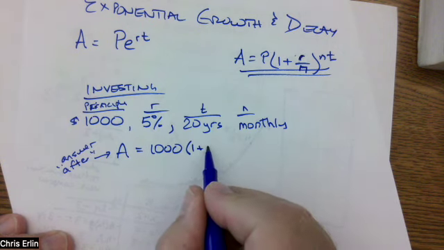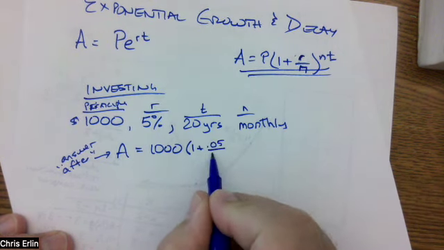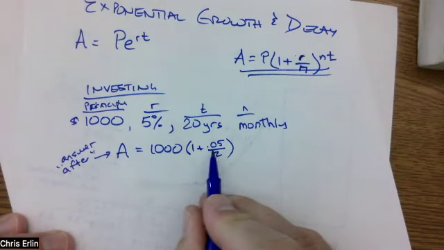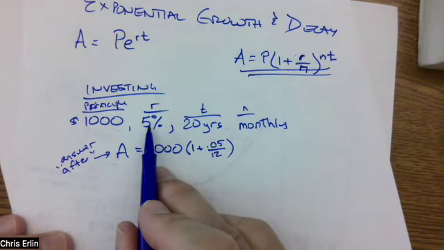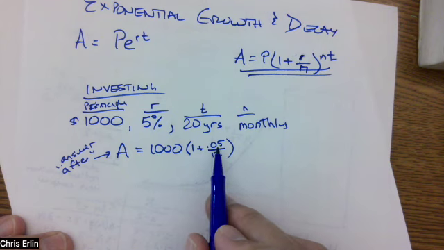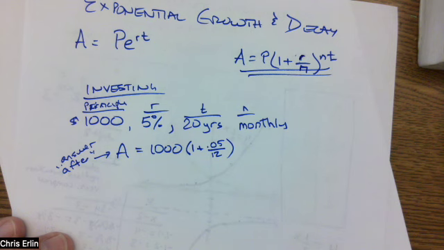Good, 0.05 over 12. Now, 0.05 is our interest rate. If we take 5%, I change it into 0.05 as a decimal. What am I doing when I divide it by 12? Good. I'm splitting up my annual interest rate into monthly interest rates. If it's 5% for the whole year, dividing it by 12 gives me how much interest I get every month,